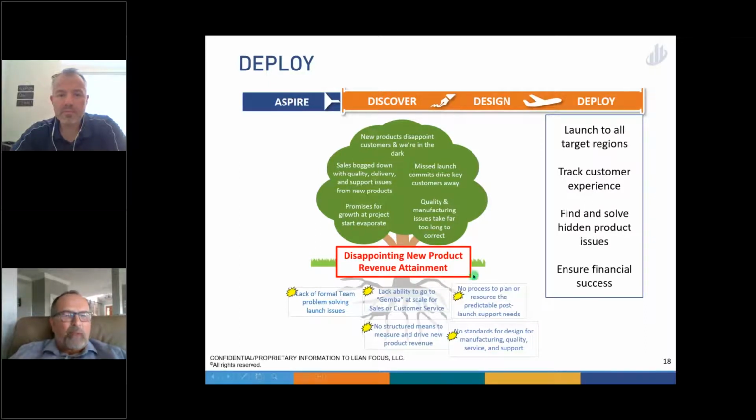And so, what's the problem? Revenue attainment. We said we were going to make X, and we made much less than X. And like I said, especially if we limit it to growth, and focus on growth more than cannibalization, the growth numbers can be quite disappointing. And what are some root causes to that? Well, we don't have a process to plan the resources to give us a predictable launch. That's a famous one. Launch the product, the whole team goes over to the next project, and who's left to deal with the inevitable issues that follow?